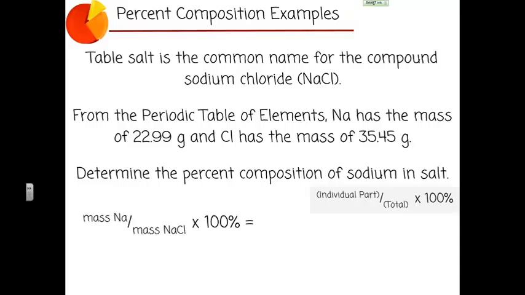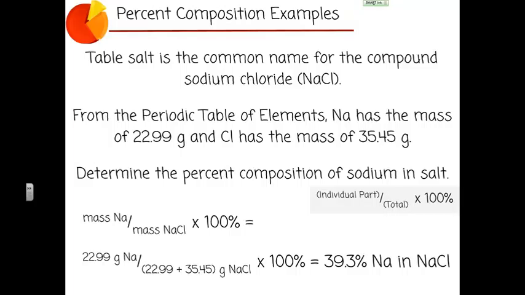For this, we will have the mass of sodium divided by the mass of sodium chloride times 100%, or 22.99 grams of sodium divided by 22.99 plus 35.45, the masses of sodium and chlorine, times 100%, or 39.3